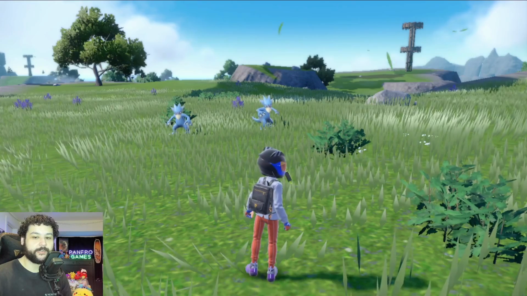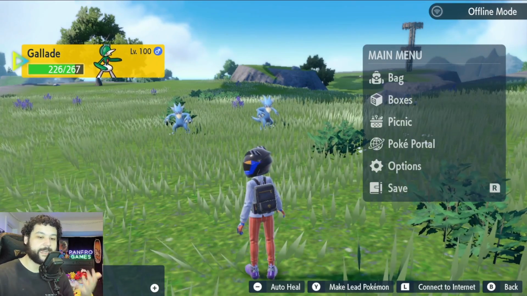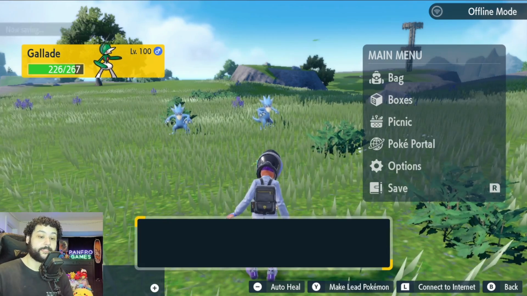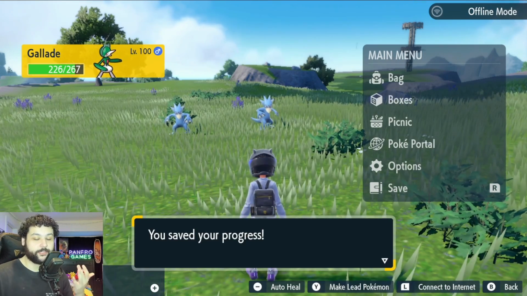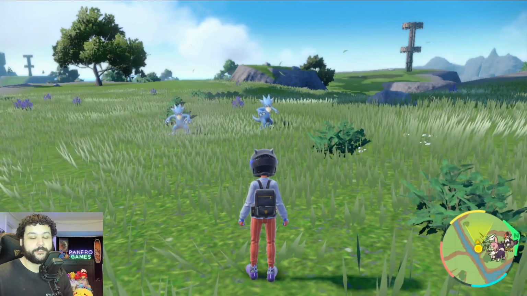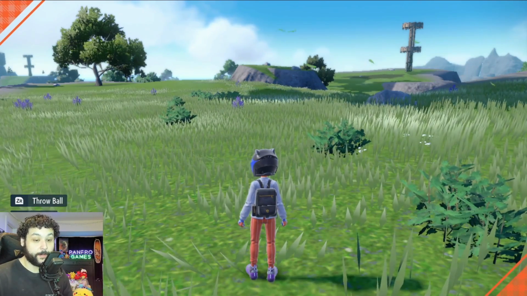So I'm just going to be starting here, and of course, before we start our shiny hunts or anything like that, we're going to save our game. The reason why we save our game before we do our picnic is because just in case you don't get the shiny in 30 minutes, you don't waste your Herba Mystica, which would be pretty devastating if you accidentally wasted it. So now we're going to do a picnic here,